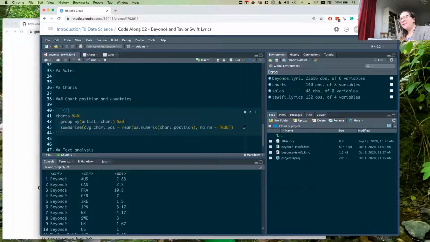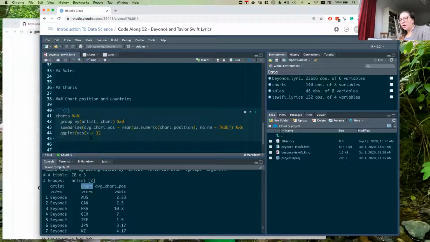So now that we have this, we could make a plot where on the x-axis we have the chart, which country it's coming from, and on the y-axis we have the average chart position. And we could create bars whose heights should be equal to these numbers.